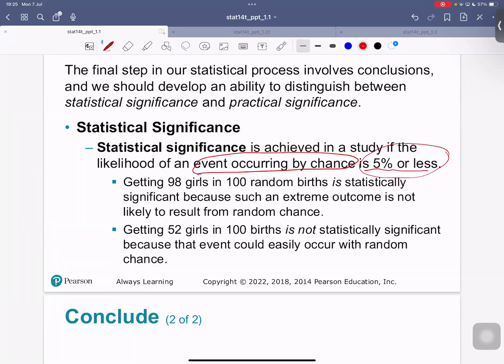It's usually 5%, right? In general, to measure statistical significance it's usually 5%, unless it's a different study that goes to 1%. So in this case, the event occurred by chance is 5% or less. For example, if you roll a dice, you can calculate that the chance to get a 1 is 1/6, right? But in this case, if you want to calculate that,